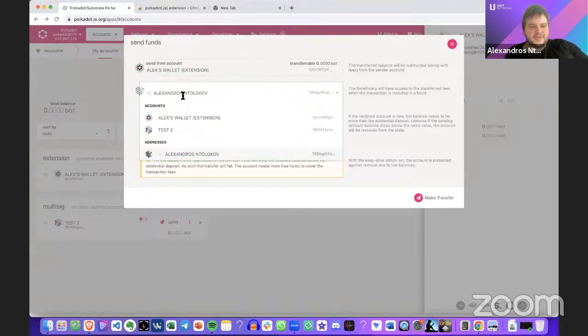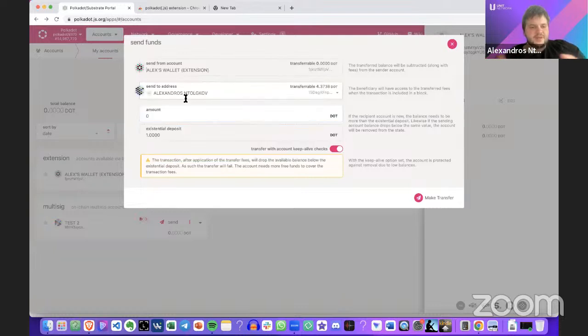I can click on my address book. Here I have my own, let's say, address, my personal one. And here you can basically choose to send, let's say, 1 dot. Here you can also do transfer with account keep alive checks, right? So this basically means that, let's say I have 1.5 dots, hypothetically speaking here. If I would send 1 dot, this would mean that